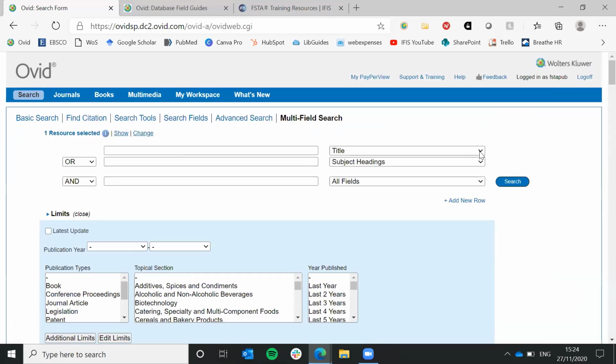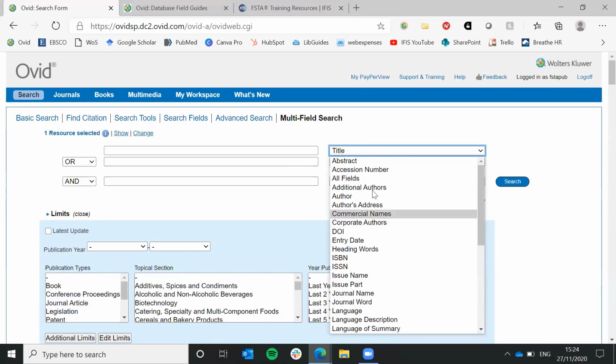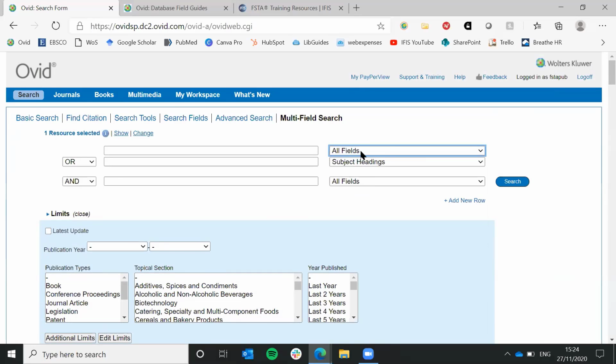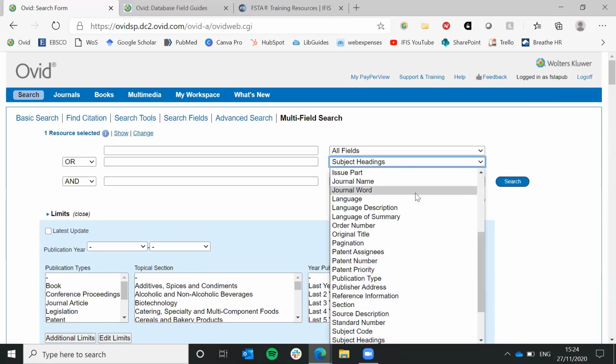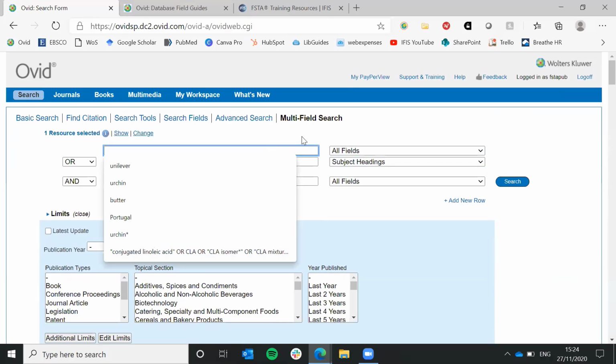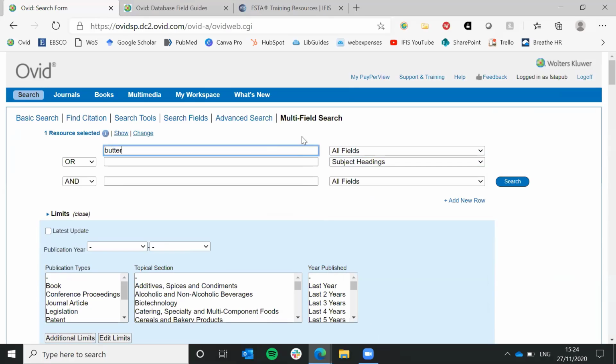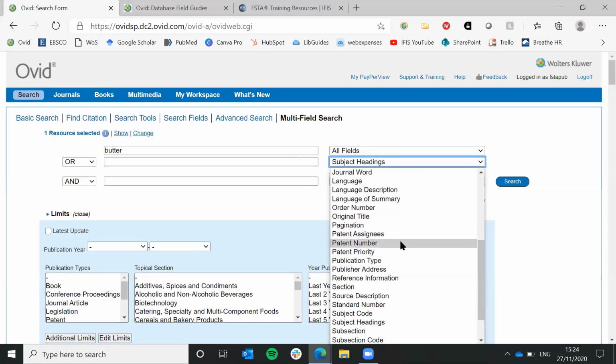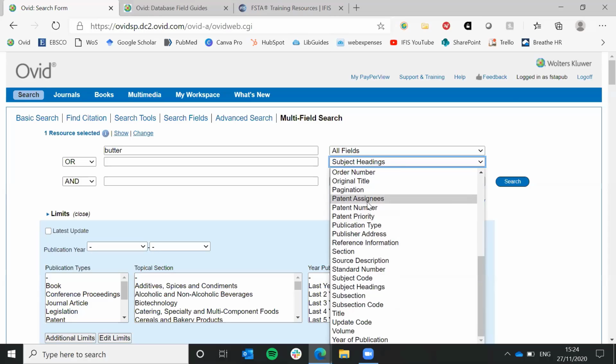So you can either search all fields, or you can search one field at a time. So you can't combine fields the way you just saw me do in that search fields option. So it can be helpful if you're trying to hone in on a particular piece of information. So I could do a search, for instance, for butter, and then I could choose here patent assignees,